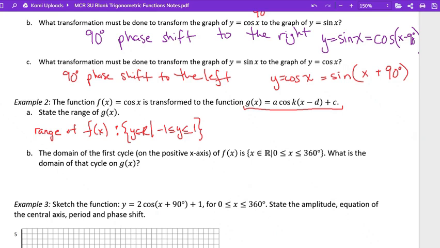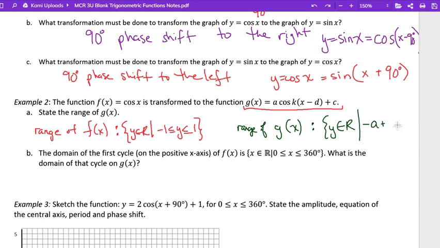We're talking vertical. So now, which two transformations are going to affect the range? A, K, D, C. A and C, right? K and D affect horizontal stuff. And so what that means is that the range of g of x is going to be still continuous. Y belongs to all real numbers, but now we have to change the range. And this is how we do it. Well, we have -A plus C